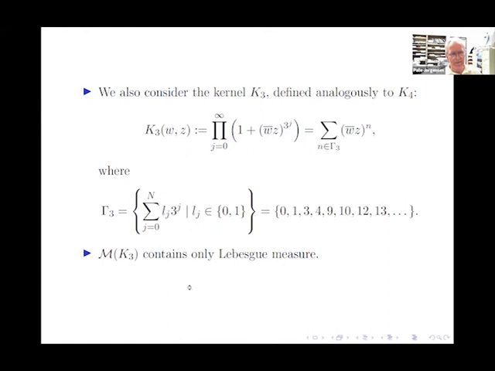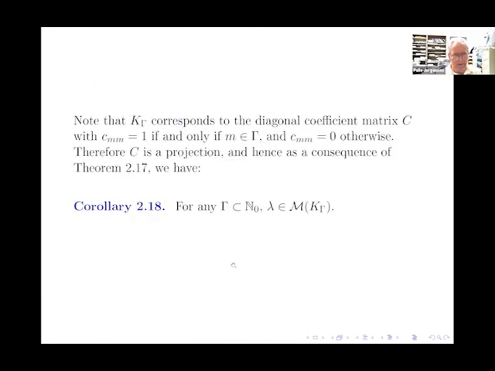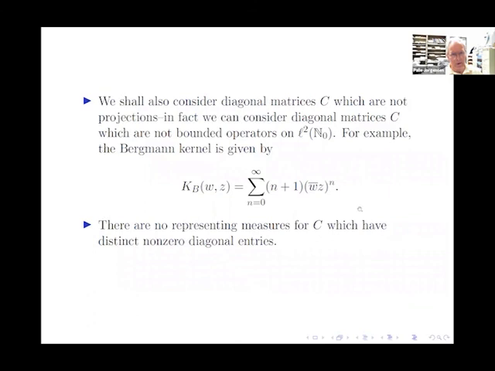So that means that this lacunary set of frequencies by powers of 3 would not do the job for the spectrum of any of the fractal measures like this. The kernels that we create this way cannot have two non-zero diagonal terms. So in particular, this one here would not have any lambda in its MK.